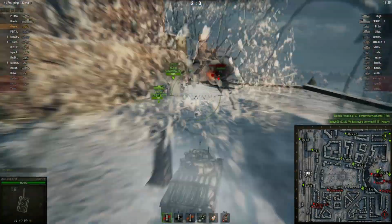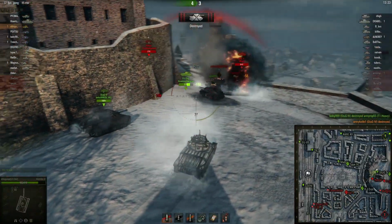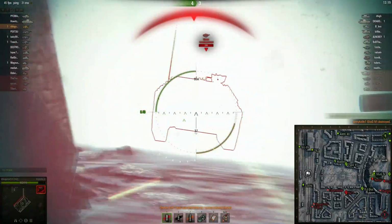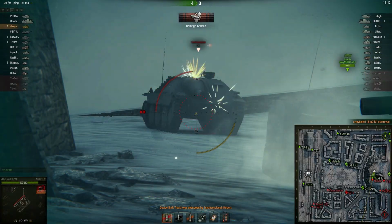Gotta watch our backs. We got, what is this down here? Is he downstairs? No, he's right here. Oh, didn't fire fast enough. I thought I was gonna get him. Instead, yeah. Bounced the shot from the Hetzer, so